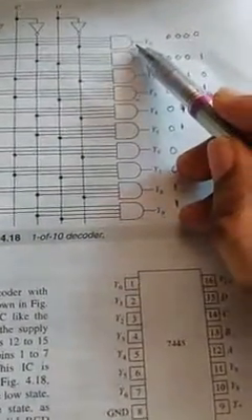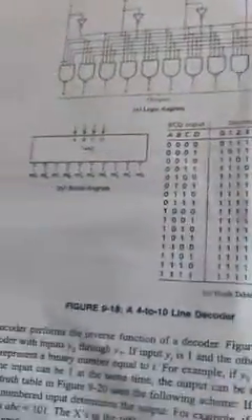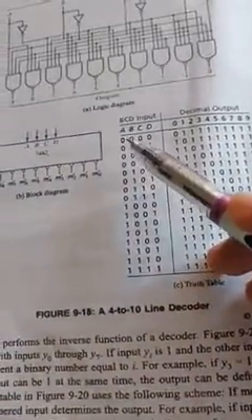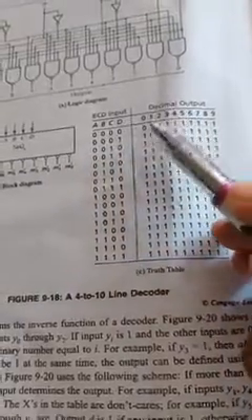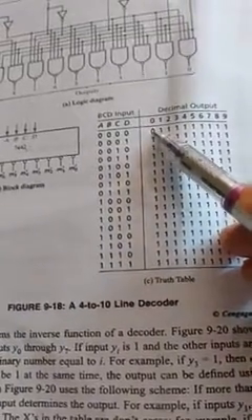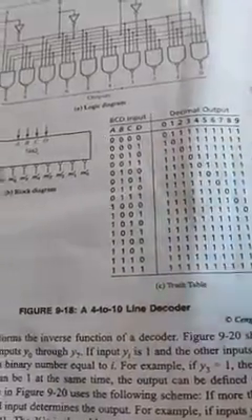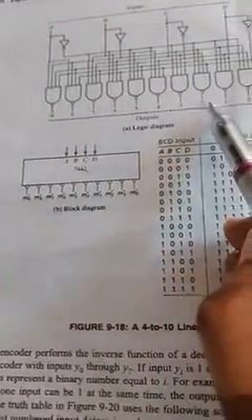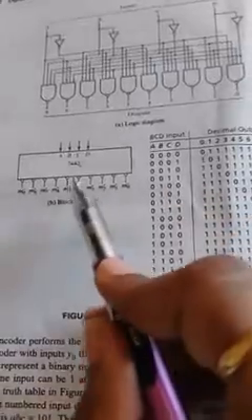So what is the difference between 7445 and 7442? The only difference is that the output is not inverted in the case of 7445, but in the case of 7442 the outputs are inverted. Look here, 0000 means 0 has to be active, it is supposed to be 1 and the remaining all supposed to be zeros, but here it is reversed, because whenever the output comes it is getting inverted, because we added a bubble here. This particular IC is going to work like this. So the output is inverted in the case of 7442.